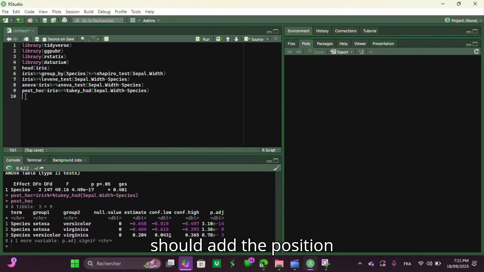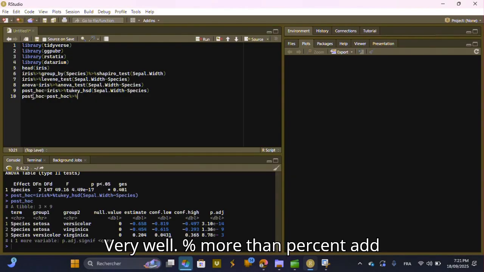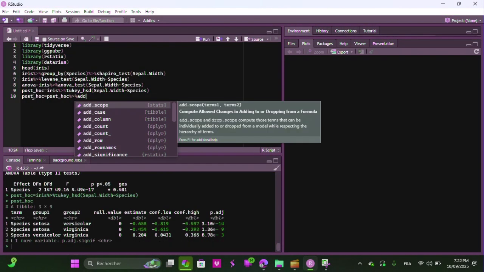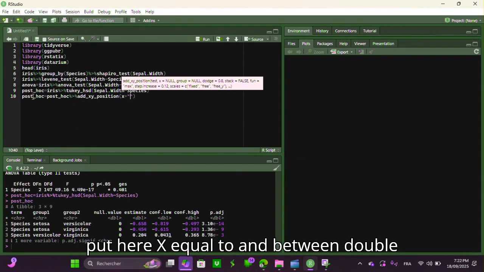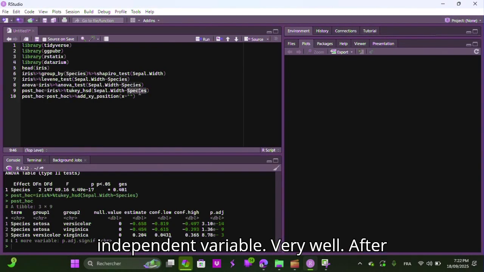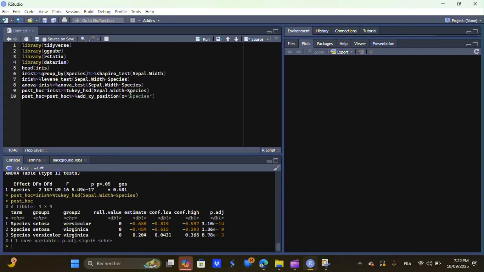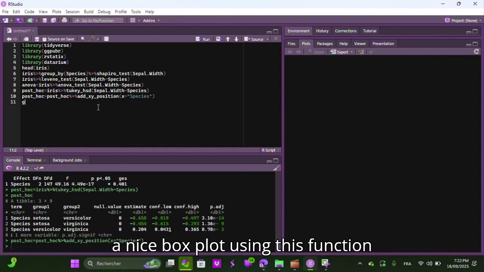We should add the position of the post hoc test, for example, post hoc equal to post hoc, very well, pipe, add underscore xy position, and put here x equal to, between double quotation marks, the independent variable. Very well. After that, we can draw a nice box plot using this function ggplot